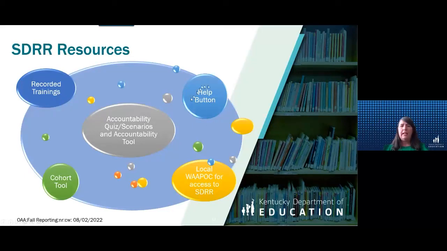You have the I Need Help button that has lots of useful information. It's on every screen once you log into Sdrr. You have the recorded trainings that I just did here for you. You also have the accountability quiz and scenarios and accountability tool, and then you have that cohort tool.